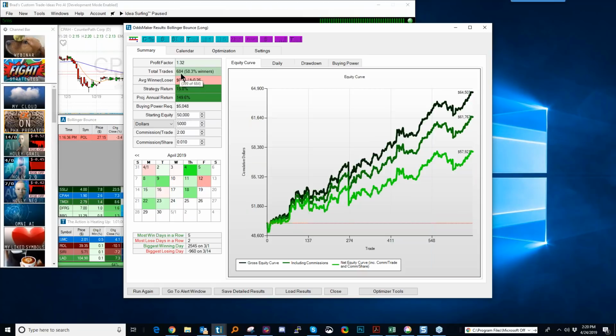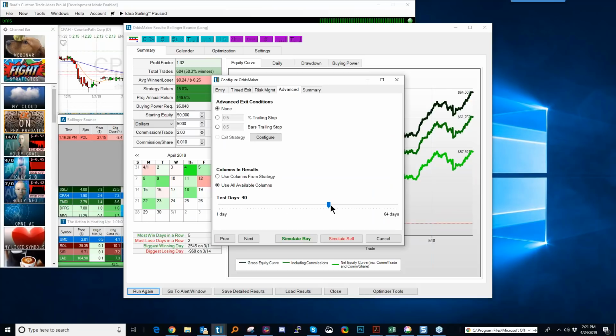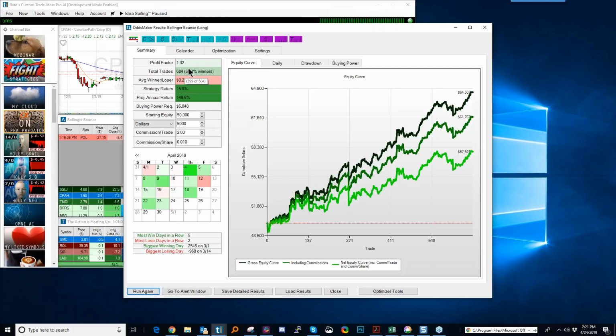It's an awful lot of trades. It's 684 trades over a period of, I don't know what I had it set. Let's see here real quick. Running it for 40 trading days. So that's a lot of trades for that period of time. And that's why we call it a base strategy, because there's still some refining and optimization that's going to take place. And this is kind of what happens with our servers every single day after the market.